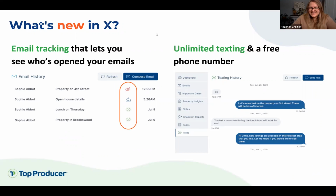So we're going to go to a couple of things that are new in X. Do you want to take this first one, because I know it's another one of your favorites? Oh, the email tracking system. Yes, because this is going to keep you on top of your contacts, especially if you're sending important documents. So now this shows you if they've been reading their emails or not. And not only is it good in the sense that you're kind of spying on them, you don't want to say that, but